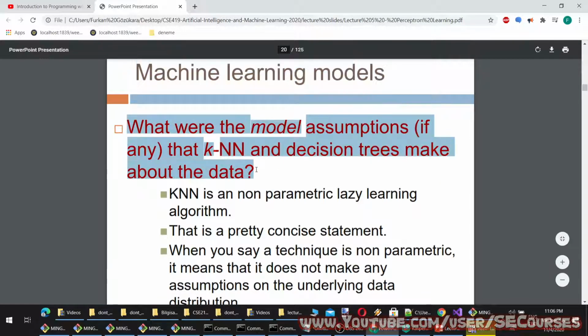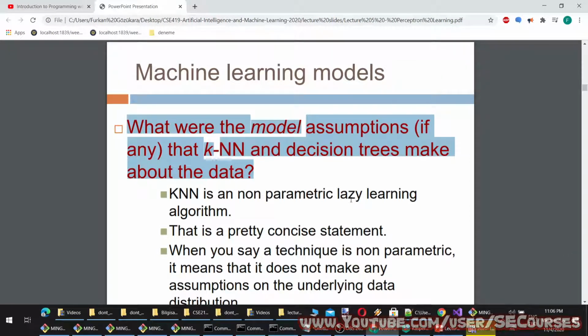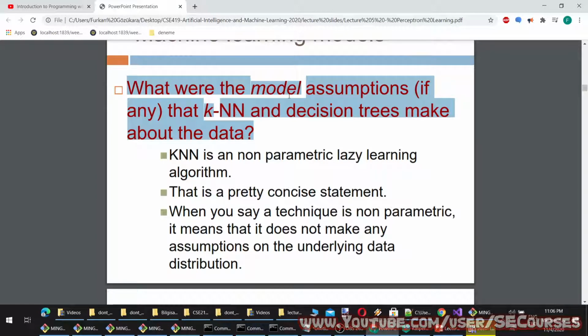Machine learning models. What were the model assumptions, if any, that KNN and decision trees make about the data? Okay, so what were the model assumptions that KNN or decision tree is making? If you try to remember,